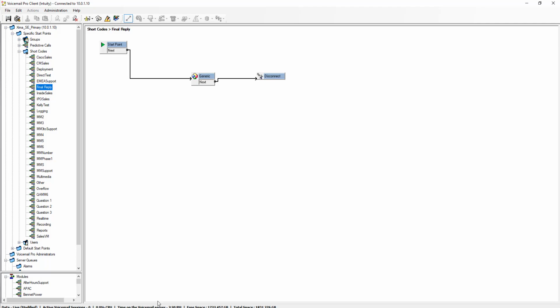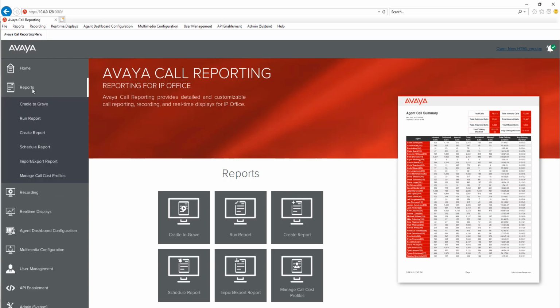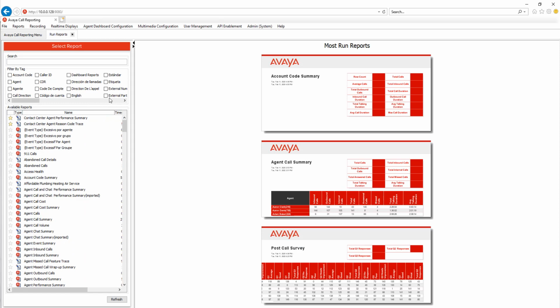We need to set that up within Avaya Call Reporting. It is recommended that you have custom reports in order to do this because there's not going to be a really good standard report to report on these unique tags. Now there is a simple tag report that will allow you to report on the different tags, but if you